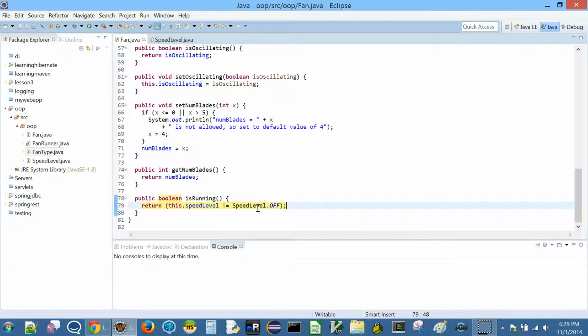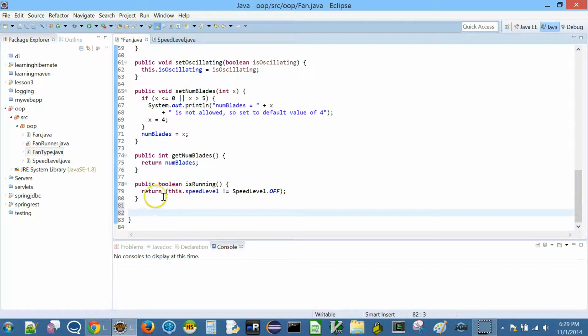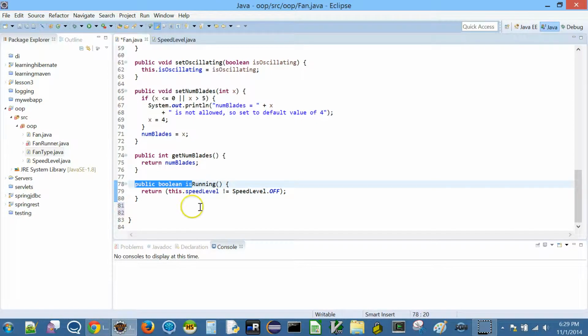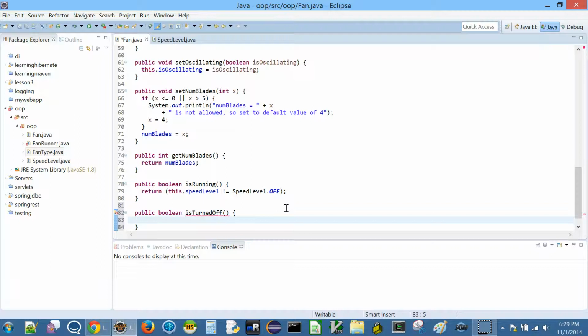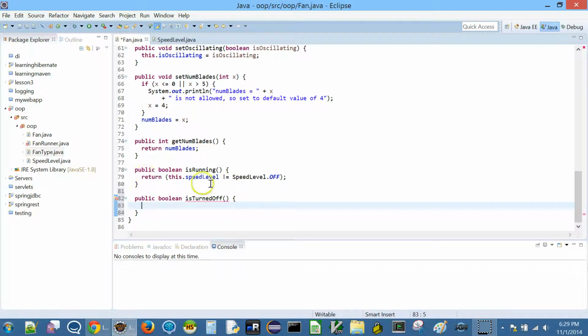Now just to make it a bit nicer, we can use what is known as syntactic sugar. What is syntactic sugar? It simply means to make your code read nicely, you can add additional methods. So what I'm going to do is just copy here and I am going to say is turned off.